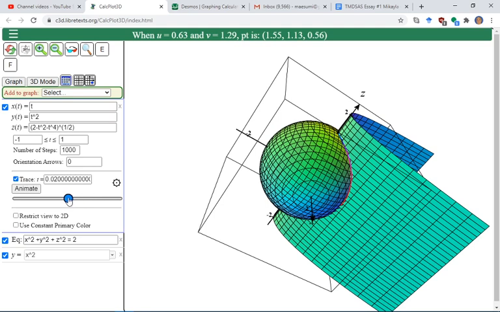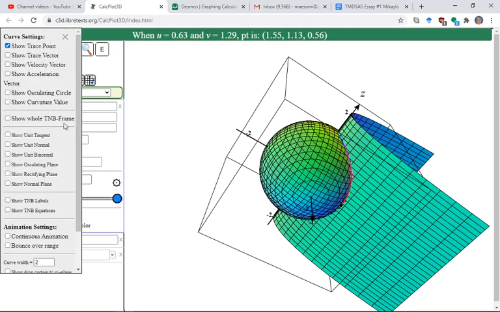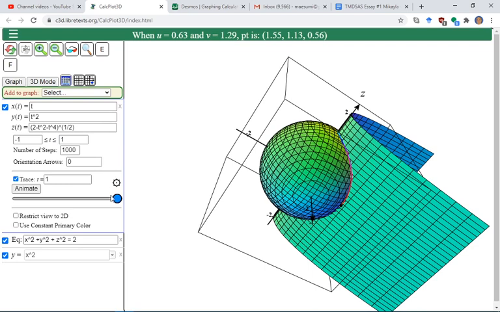So up to here at 0 it reaches that high point, and the other half of it is in the back of the picture, so you're not seeing it. To turn the trace on, you just turn on this curve settings, and so I have turned it just to trace. Later on we are going to learn about other stuff like vectors, trace vectors, velocity, acceleration, and many other things, more interesting, more advanced. But for now,